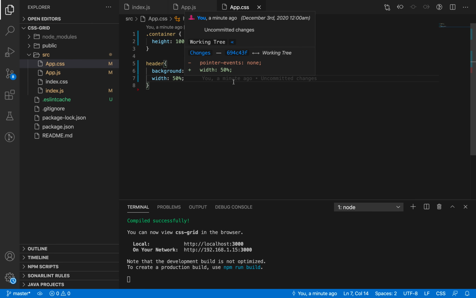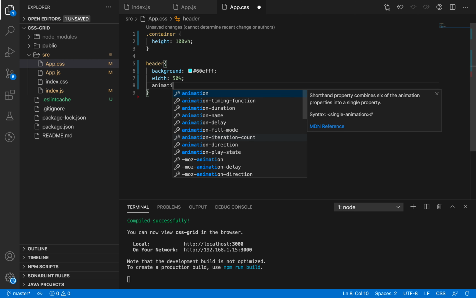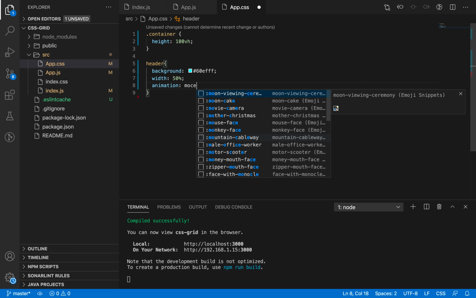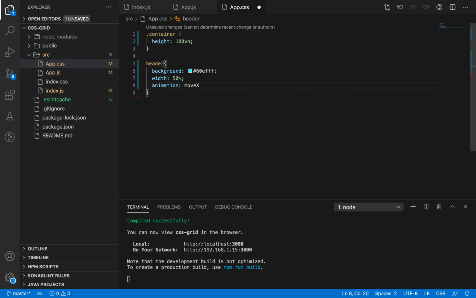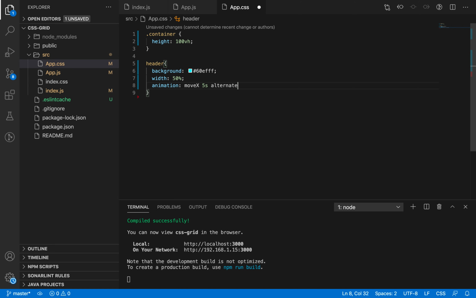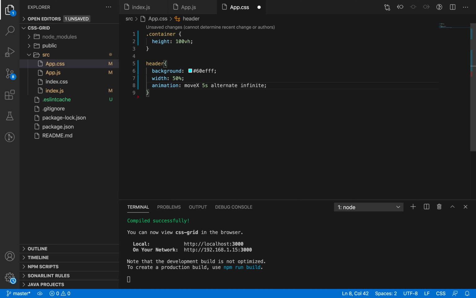So we do that by going into the CSS file, and in that specific element that you want to animate, you add an animation property and you describe the animation name and the animation duration, and what you want the animation to do after one cycle, and finally you want to also tell how many times you want the animation to happen.